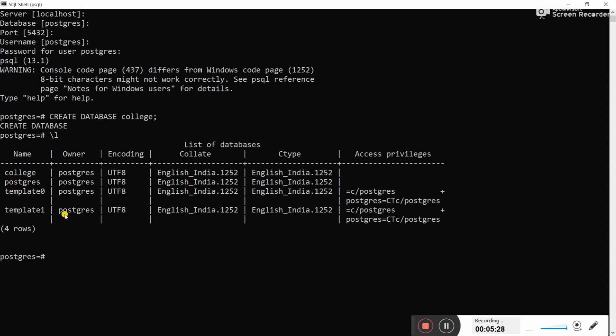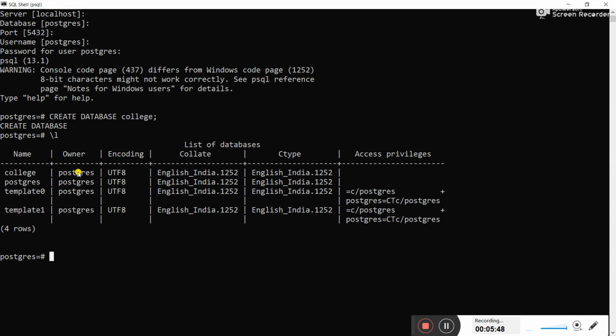These are the databases which are created in Postgres. So the default database is Postgres. Now we have created one database with the name college, so it is created in the Postgres user. The owner name is Postgres only.